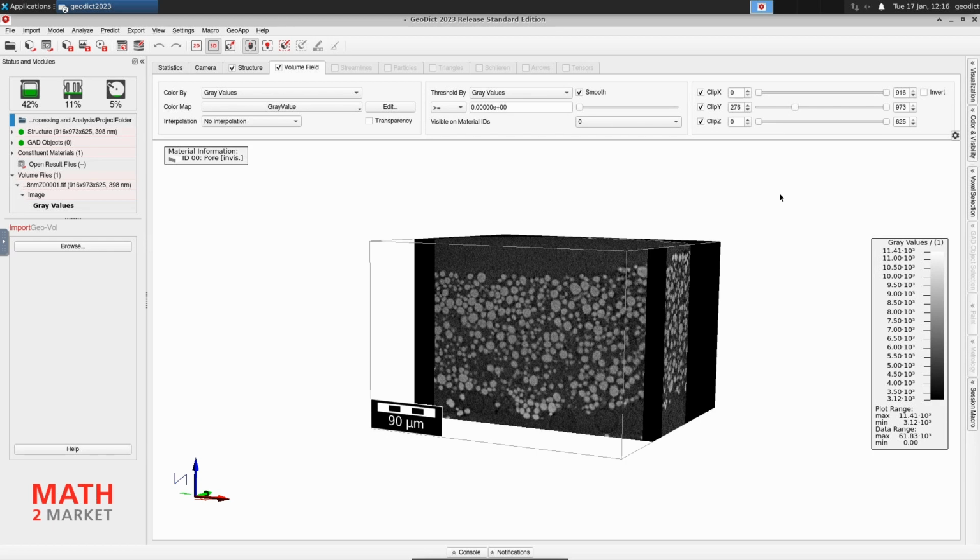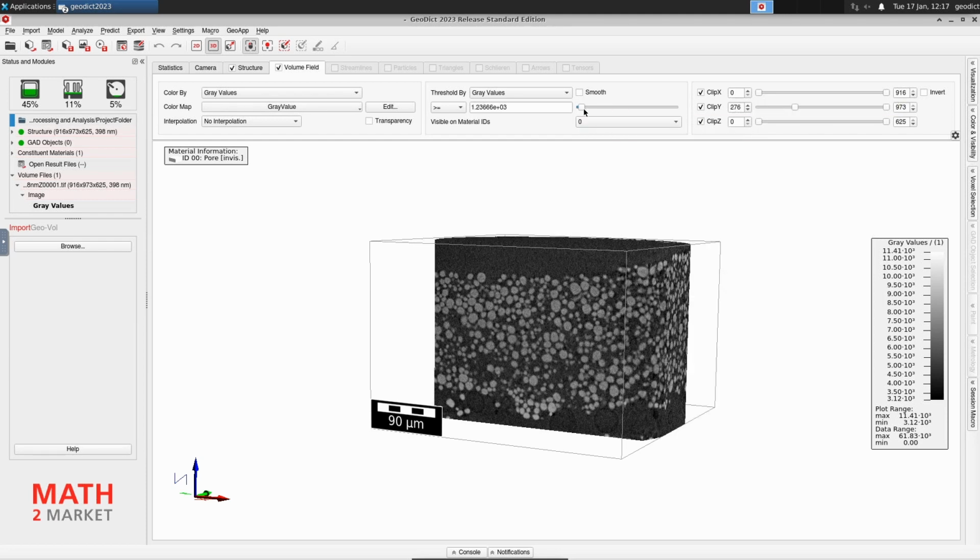What might also be interesting to you is if you want to have a quick estimate of the thresholding on the structure, you can directly threshold the volume field in the visualization. You can see up here there's this area, threshold by gray values. First I recommend to deselect the smooth button here. And then you can go over to the threshold slider and drag it.